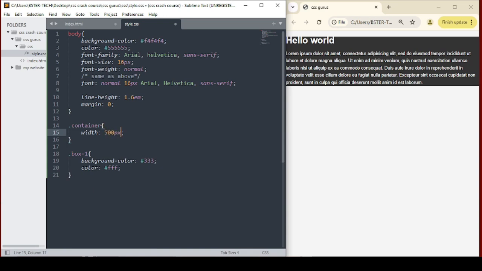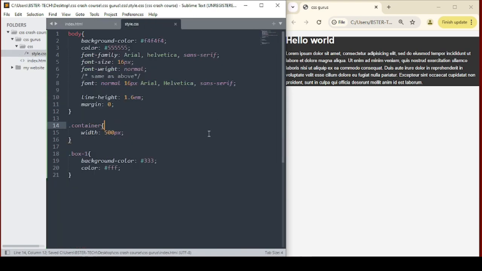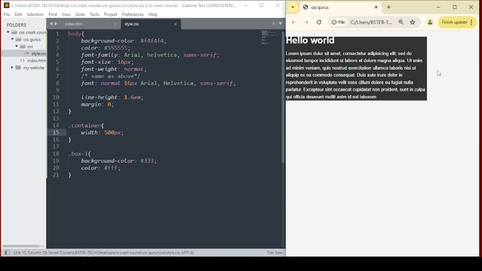So if I save this now and reload, you're actually going to see that it has pushed this to one